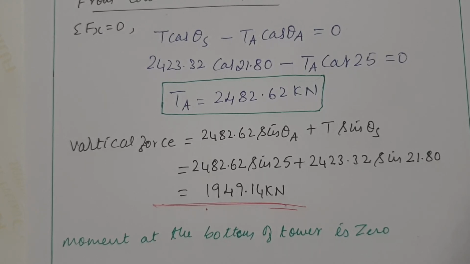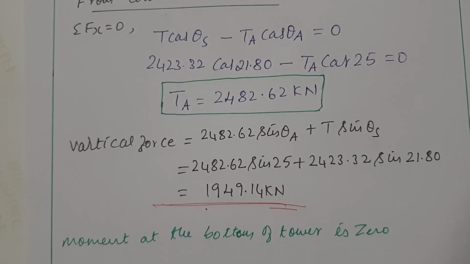In any problem, in order to analyze the cable, we know the bending moment in the cables is 0, so we have to find the reactions first, then after finding the reactions, the minimum tension and maximum tension in the cable. If they ask for the length of the cable, if supports are at the same level there is one formula, if supports are at different levels there is a different formula; apply that and you can easily find the length. And if they ask for the size of the cable, you can find it by considering stress equal to maximum tension divided by area of the cable. Substitute there and you will get the value.